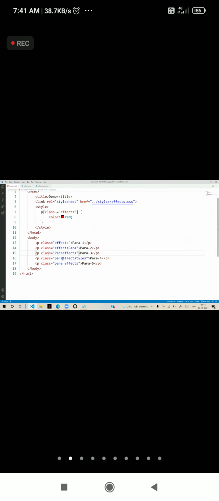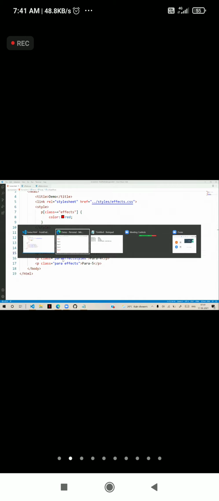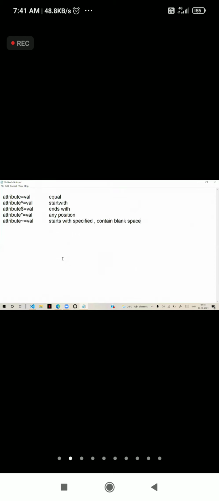And actually there is another operator, that is this pipe operator. Attribute pipe equal to value. That's actually not equal.